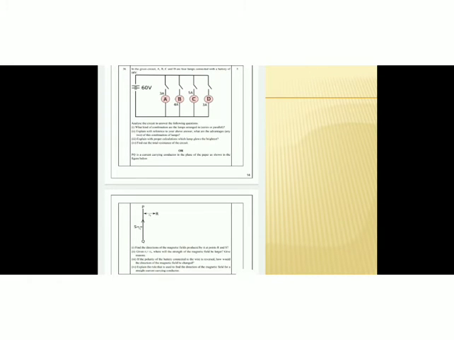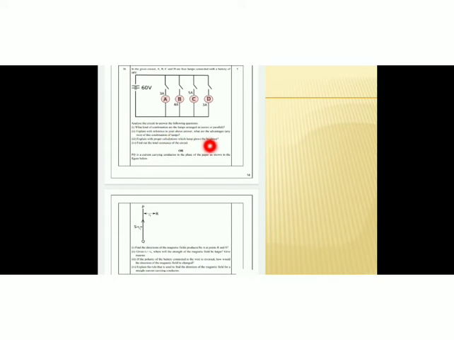Now let's discuss the next question. It's the last question and an OR question also. In the given circuit, A, B, C and D are 4 lamps connected with a battery of 60 volt. Analyze the circuit to answer the following questions. In what kind of combination are the lamps arranged? Series or parallel? It's very clear. It's a parallel combination. A, B, C, D are 4 lamps and all the 4 lamps are arranged in a parallel combination. So the answer for the first option is parallel.